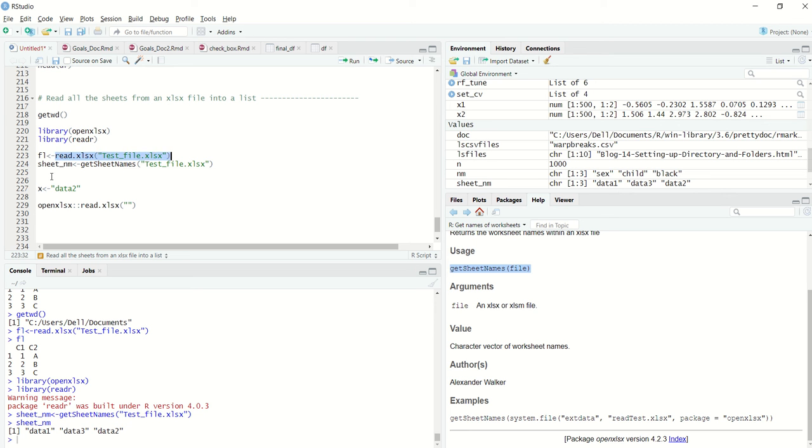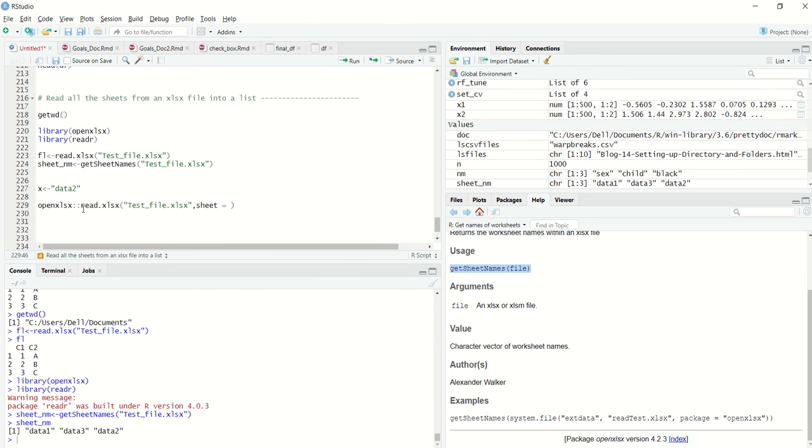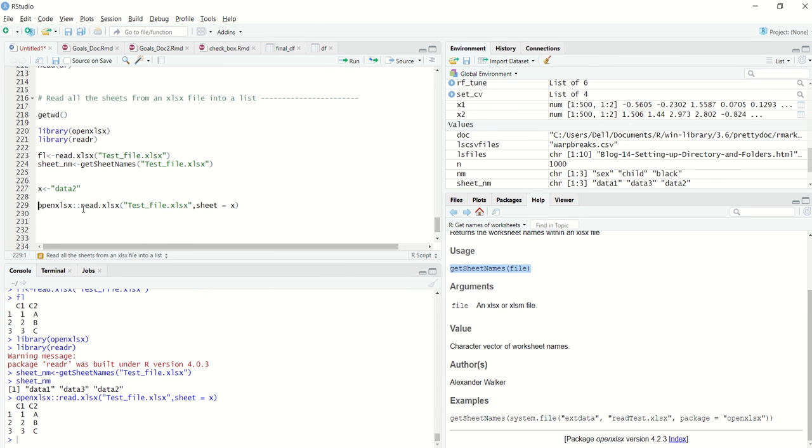I can directly copy this, and then I need to specify sheets. I think sheets will do. Let's see. Okay, so I'm able to read, provided I specify the sheet name in a vector X.